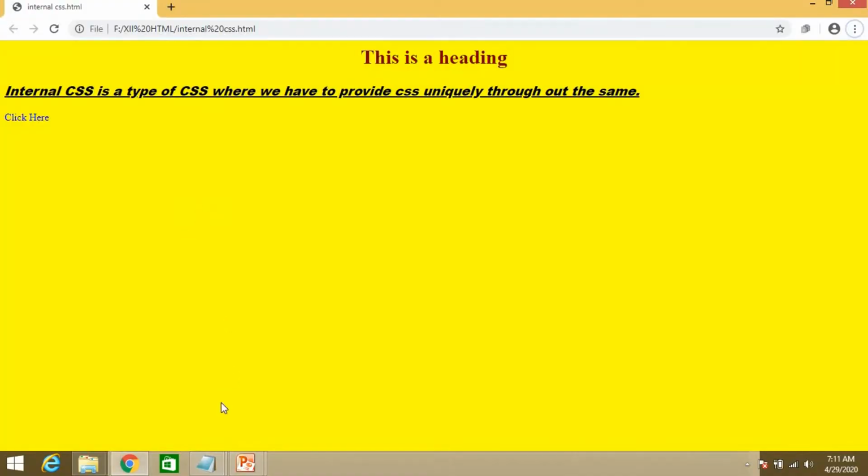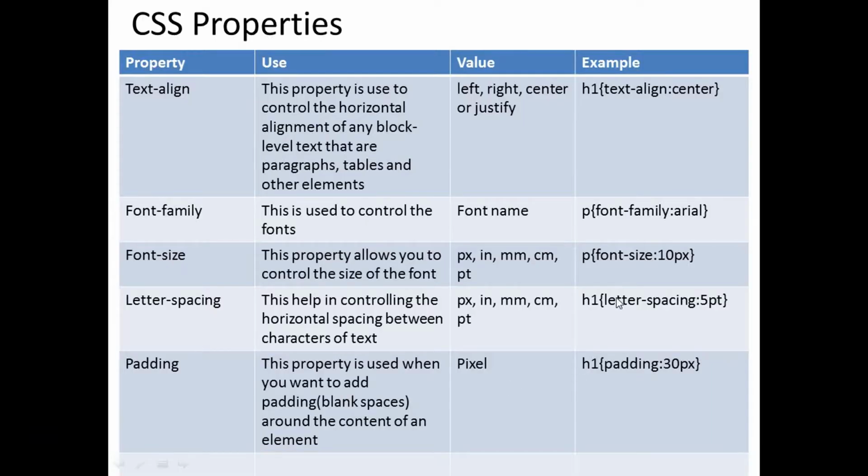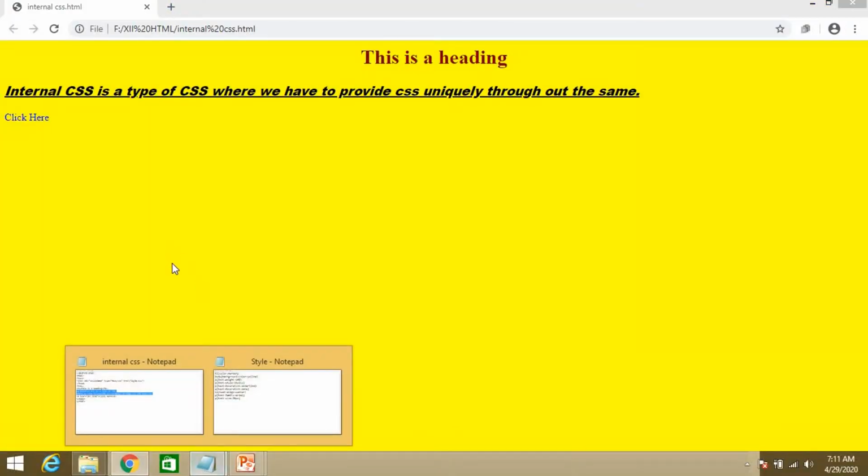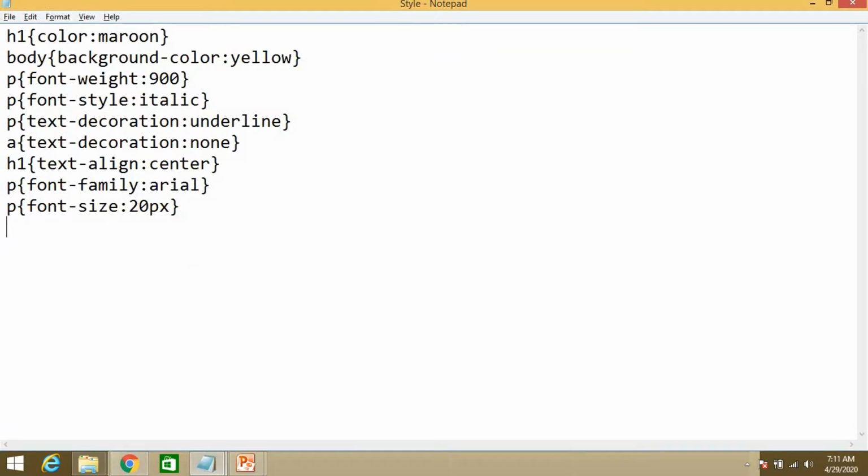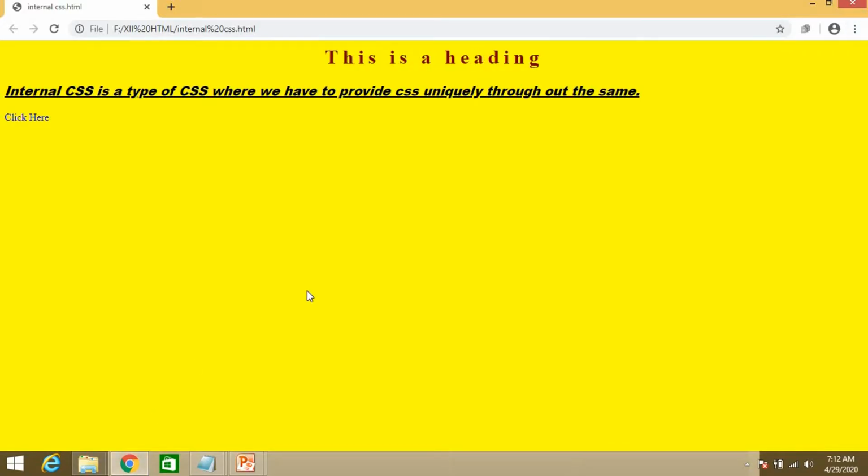They have applied it on h1, and you can apply it anywhere as per your requirement. h1 letter spacing 5pt. Control S, execute this. See, in between there are now spaces.